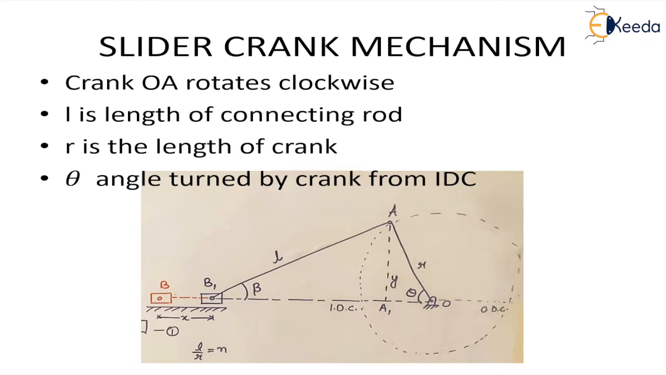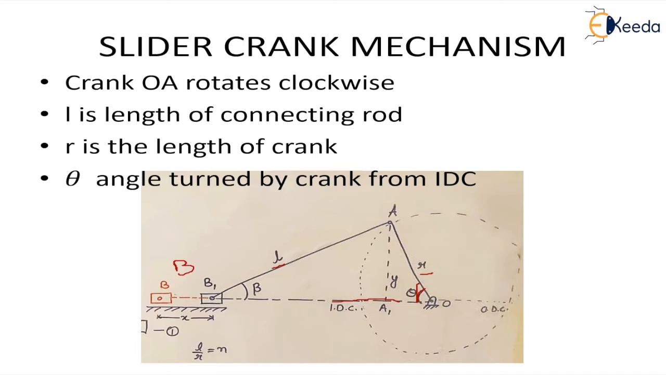So we have considered a slider crank in which the crank is denoted by OA and the length of the crank is small r. The length of the connecting rod is denoted by L. B is showing the slider, and B and B1 are basically the positions of the slider, right? And theta is the angle turned by the crank from inner dead center. From this horizontal position, when the crank moves to this new position OA, this angle is theta, right? So inner dead center and outer dead center we are denoting by IDC and ODC, which are the extreme